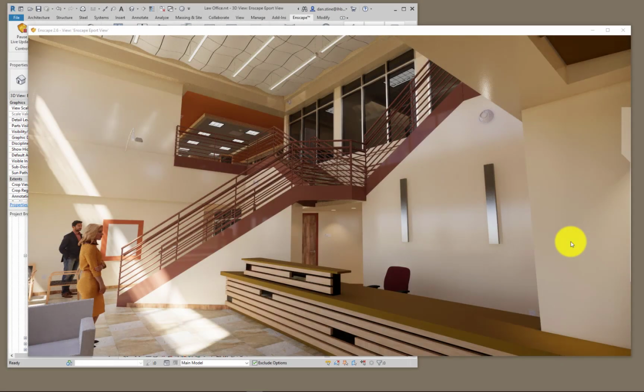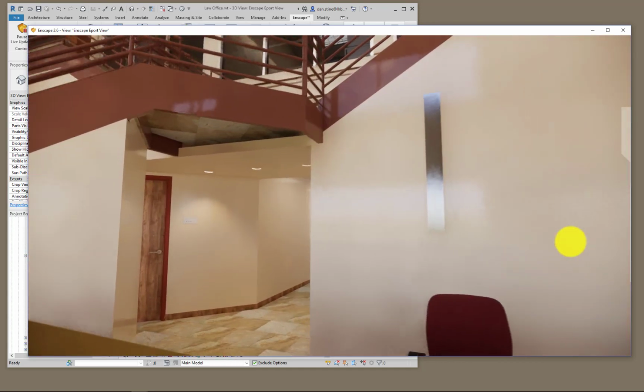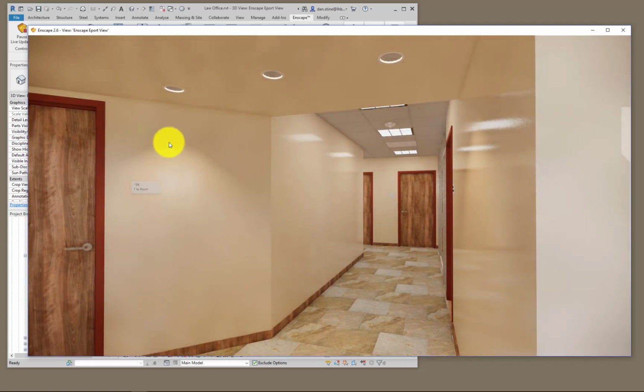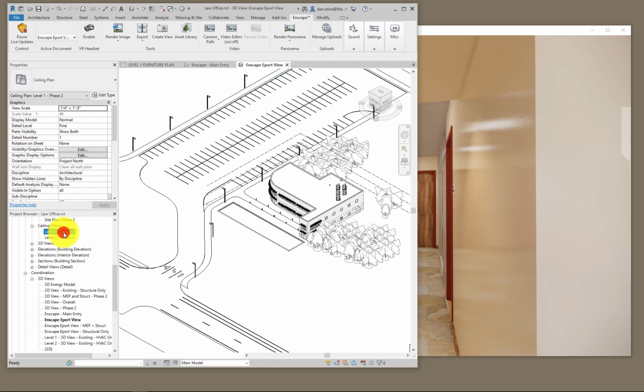Let's take a look at a few settings related to light sources in Revit families. First, we'll notice some of the lights here, the can light and the lights in the hallway. Clearly they're emitting light. We can see the hot spot on the wall. If we go into Revit and go to the level 1 ceiling plan,